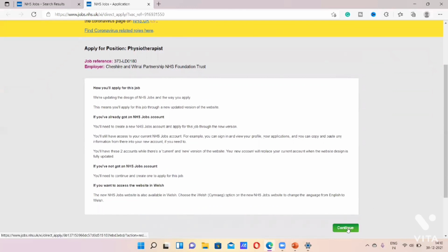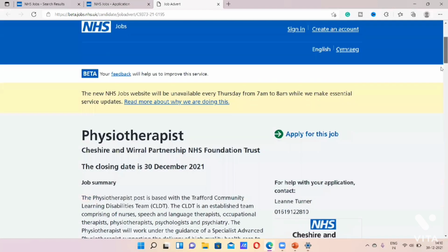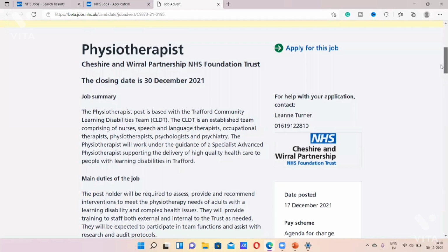And then you can click on continue. And it takes you to the new jobs website page. So here there are a couple of key points that you need to remember for this job application. The closing date of the job is 30th of December 2021. So this is the last date until which the job is going to accept